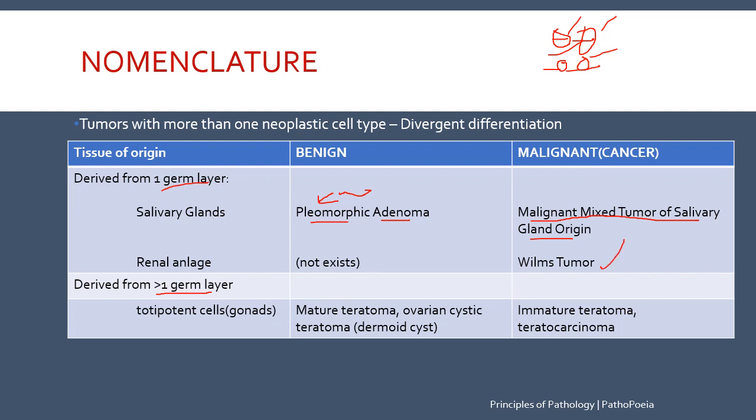If the neoplastic cells arise from more than one germ layer, then it would usually be seen in the gonads because they have totipotent stem cells, and the benign form would be called mature teratoma or ovarian cystic teratoma. Mature teratoma may also be seen in the embryonic rest cells, and immature teratoma or teratocarcinoma if malignant. Okay, so